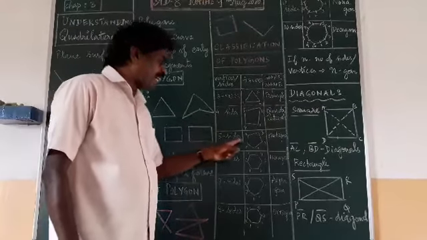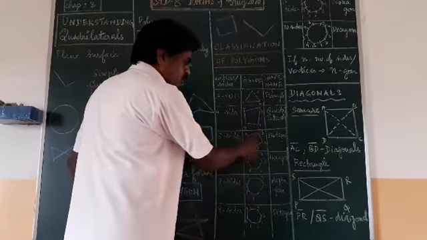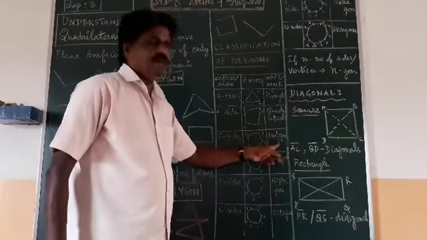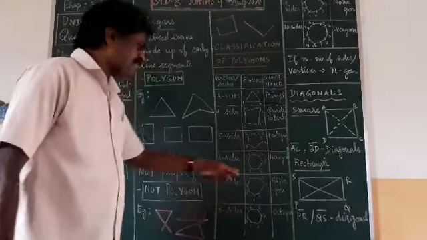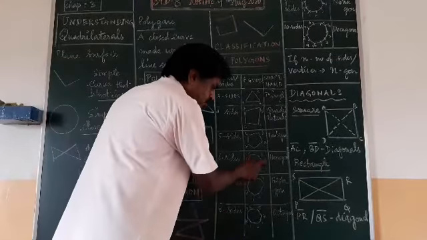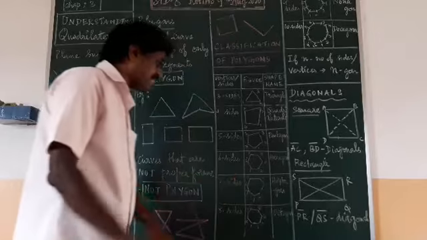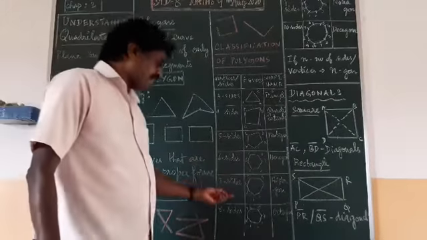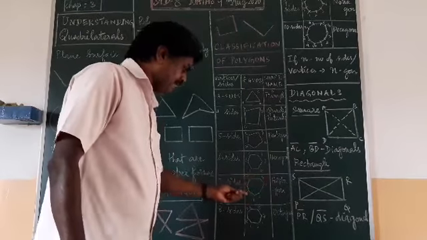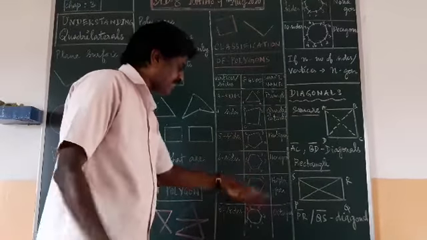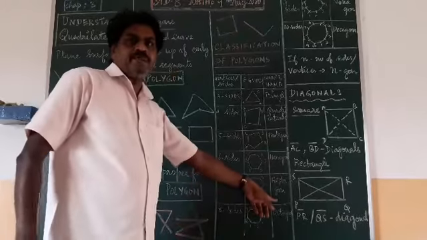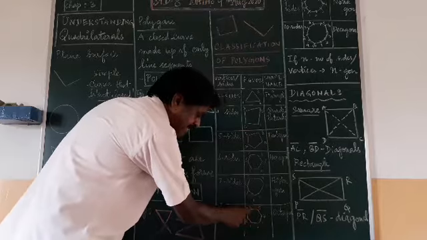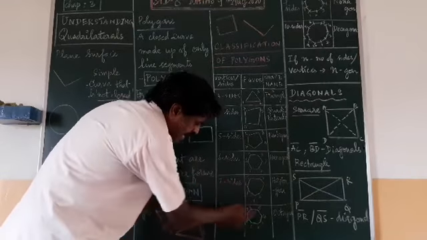And if it is five sides, closed, 1, 2, 3, 4, 5 vertices, and all the sides are closed, that is called a pentagon. Similarly, for six sides, 1, 2, 3, 4, 5, 6 vertices and six sides will be there. That is called a hexagon. Then seven sides, 1, 2, 3, 4, 5, 6, 7 vertices and seven sides in a closed form. That is called a heptagon. And eight sides, 1 to 8, and eight vertices.